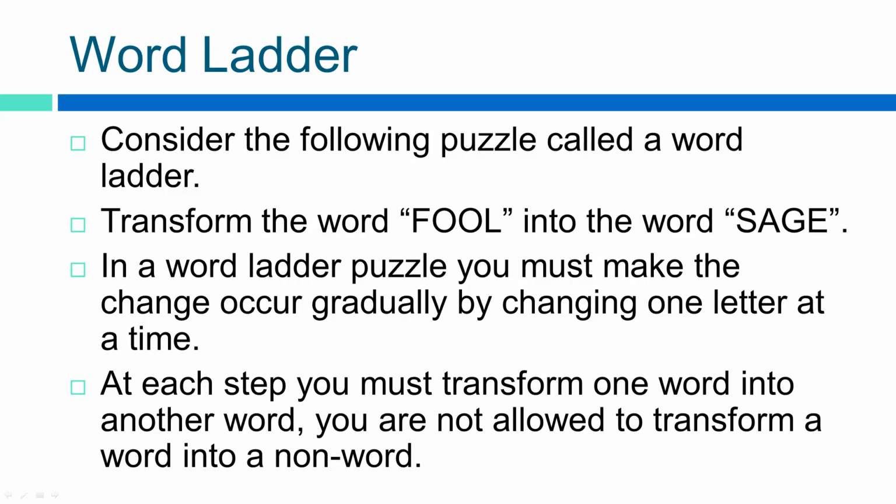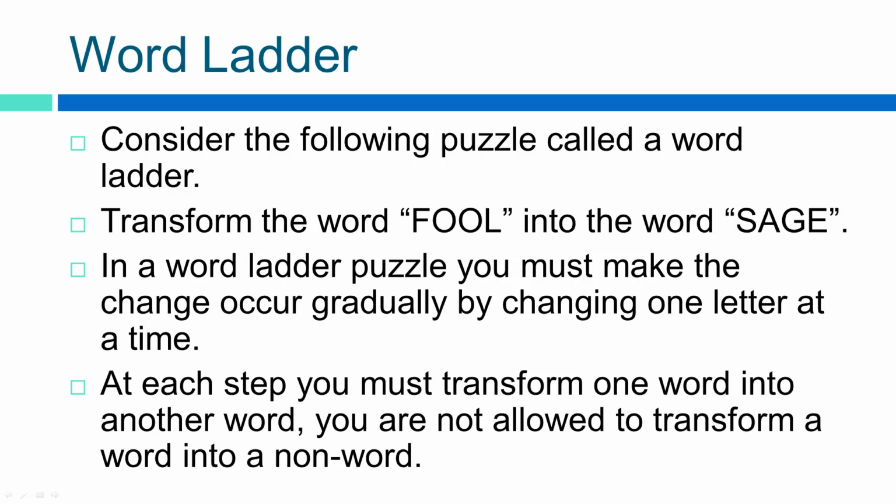So consider the following puzzle. You have to transform the word fool, F-O-O-L, into the word sage, S-A-G-E. And in the word ladder puzzle, you must make a change occur gradually by only changing one letter at a time. At each step, you must transform one word into another word, and you're not allowed to transform a word